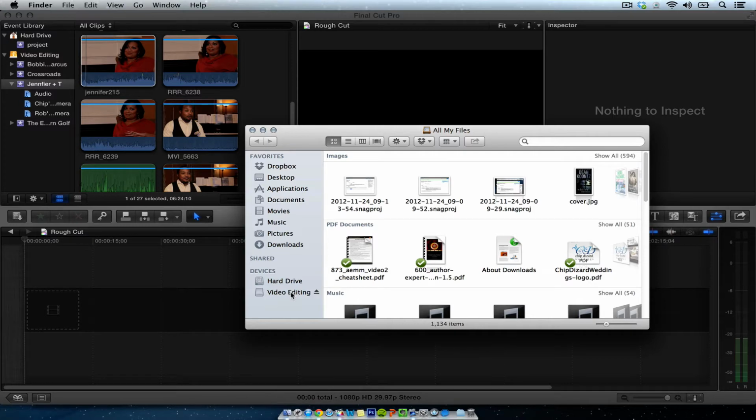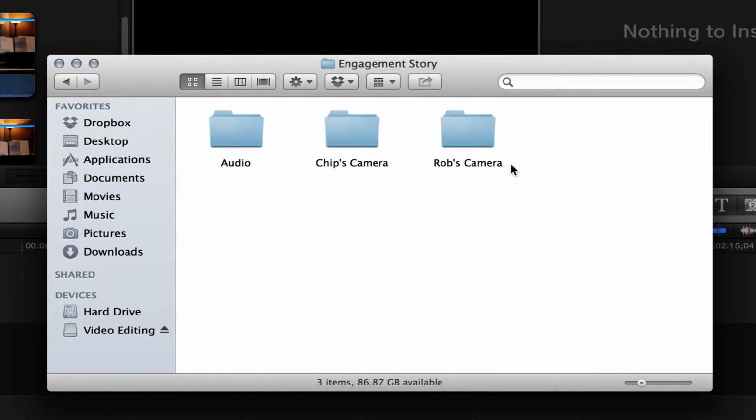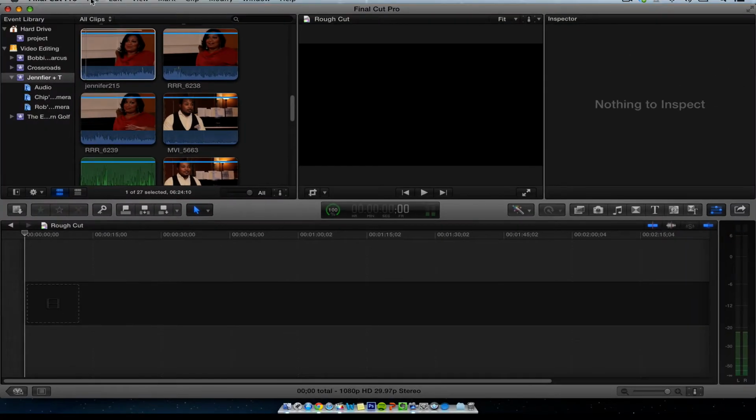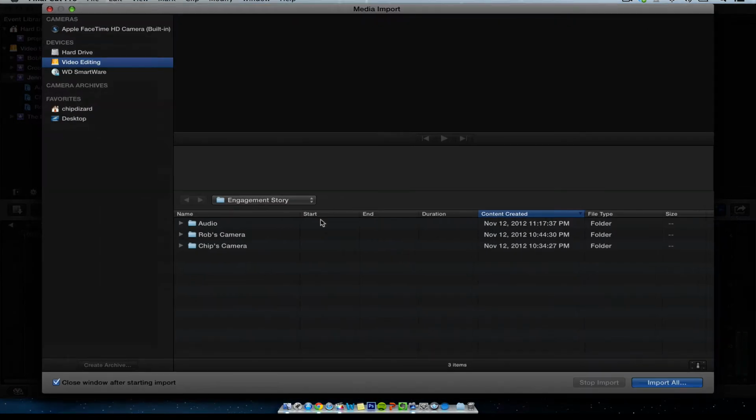looks on my hard drive, and engagement story, my camera, then my colleague Rob's, and then I have audio. I have those three folders, and when I import them, just to show you, I'm not going to import them again, but I make sure that I import them as keyword collections, so those folders come